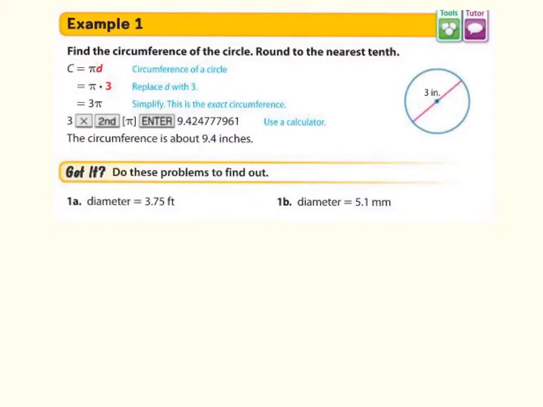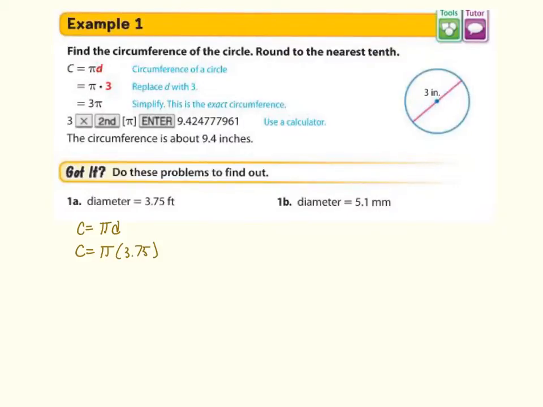Now, for high quality work, I suggest that you write down the formula every single time to help you memorize the formula, and then you're going to substitute the information that they give to you. For 1A, you're going to substitute the 3.75 in place of D. And then you're just going to type in the calculator pi, which is the button above the 7, times 3.75,